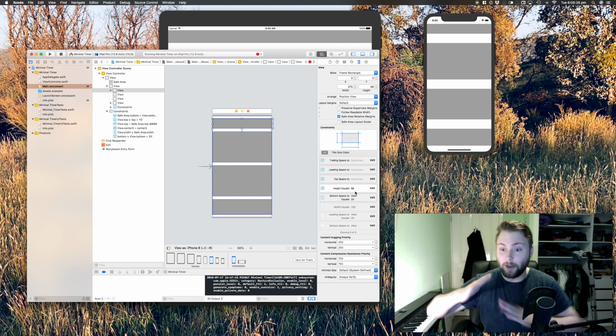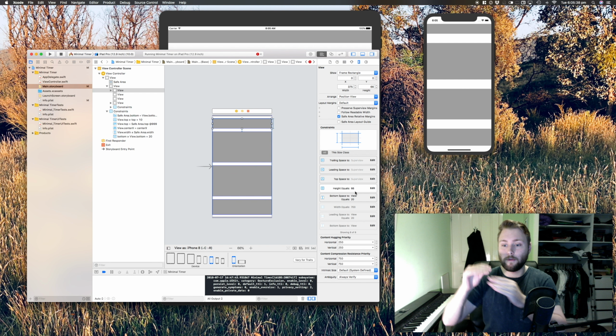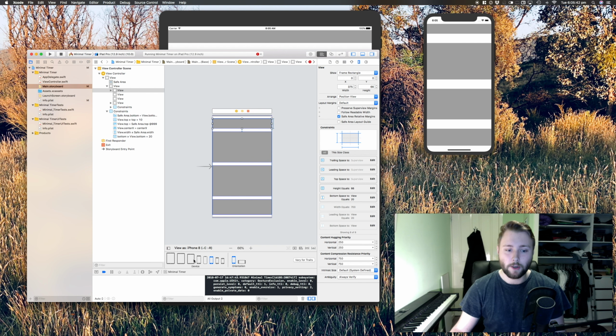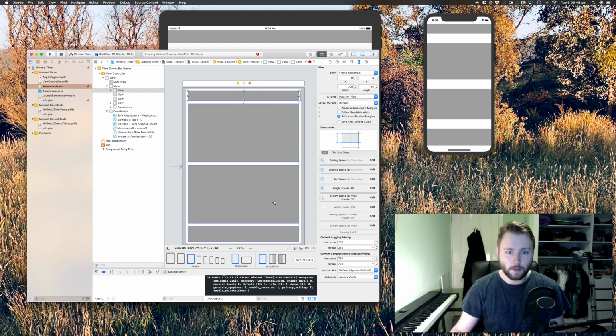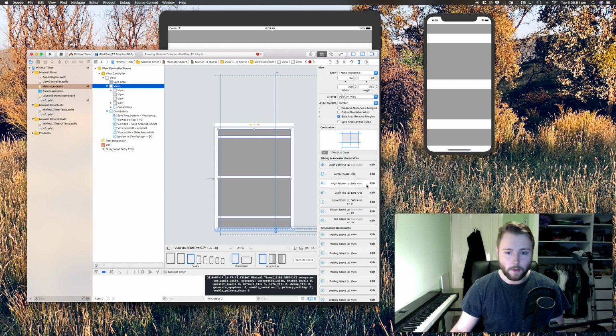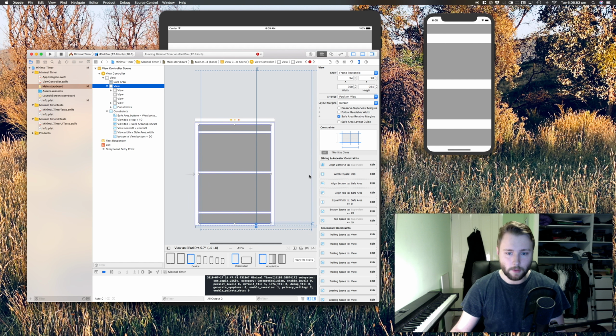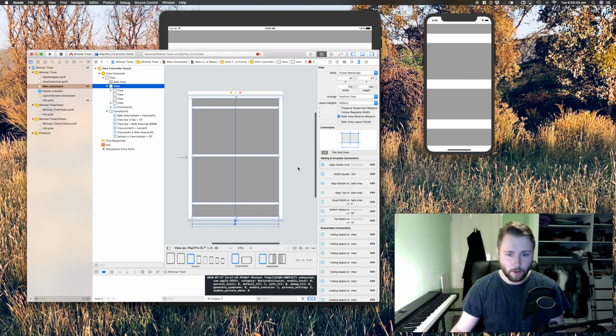And it was fine to specify 2 of those, and it would just go for the closest position it could. In this version of Xcode, it no longer likes you doing that, and what it wants you to do instead is use the priorities which are built in. So what I've got here,